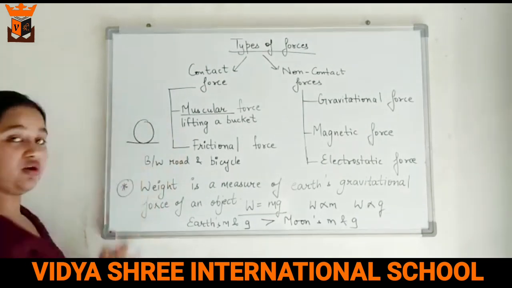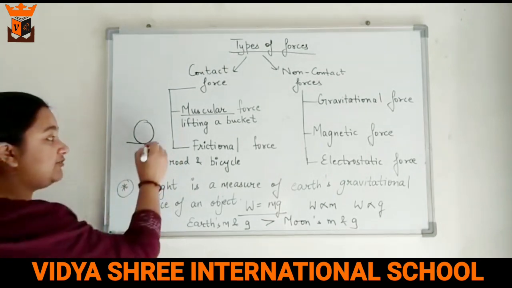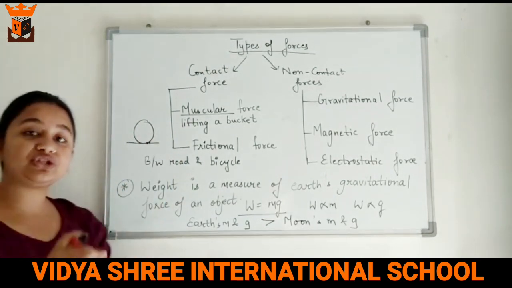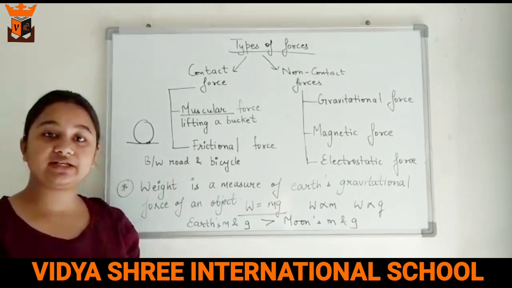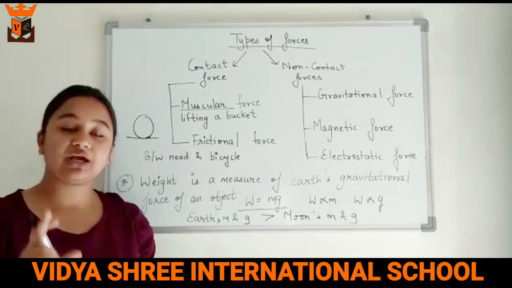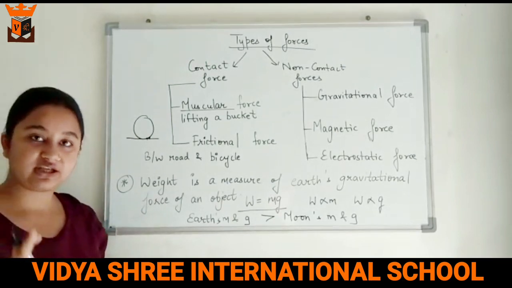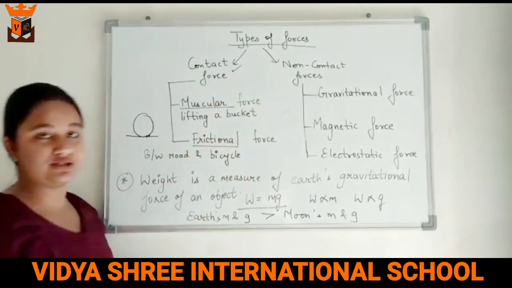The tires are on the road, and when the tires are on the road, what happens? The surface area between the road and the tire increases, due to which interlocking is there, and that interlocking between the surfaces opposes the motion, slows down the object. So it acts only and only when the objects are in contact with each other. So it is also a type of contact force.